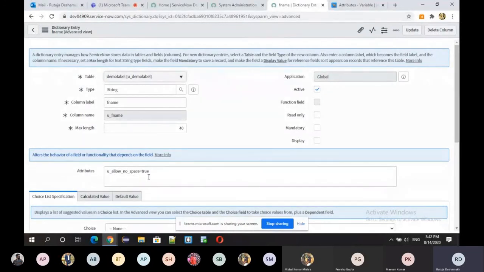I think now I am able to see this, allow no space is equal to true. 1 minute. You have u underscore allow here. I don't think there is any attribute which starts with u. No, I just gave it as allow underscore no underscore space. I don't know how that u came here.